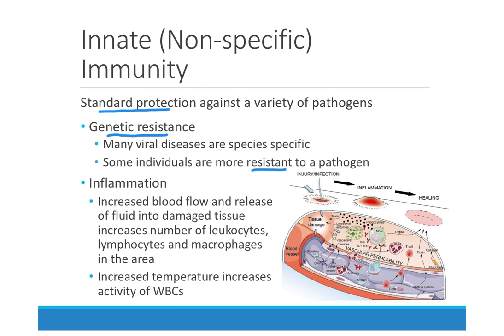But outside of an innate genetic resistance, some of the standard ways that your body protects you, first of all, whenever you do get a break in your skin and you have an inflammation occur, that's because there's been increased blood flow and there's also been some plasma released into the tissues, which brings those white blood cells known as leukocytes that can help attack pathogens, and then the lymphocytes that are able to get a specific response, and macrophages, which are phagocytic and can clean up the debris. And so all these cells are brought in by this increased blood flow and increased fluid flow in the area